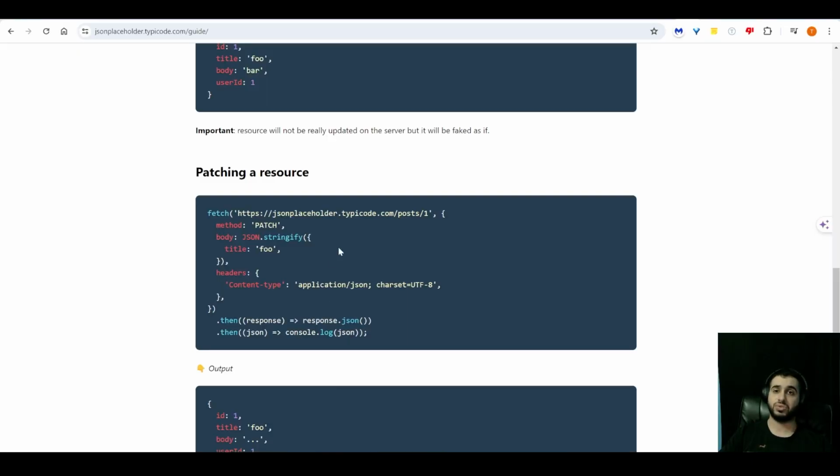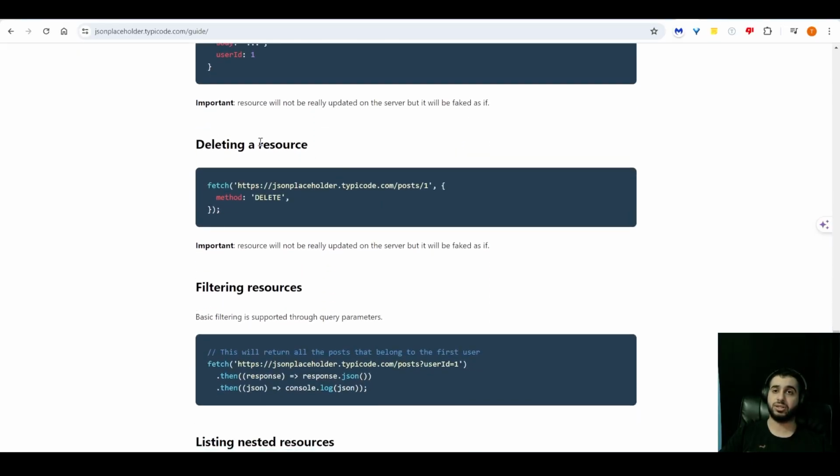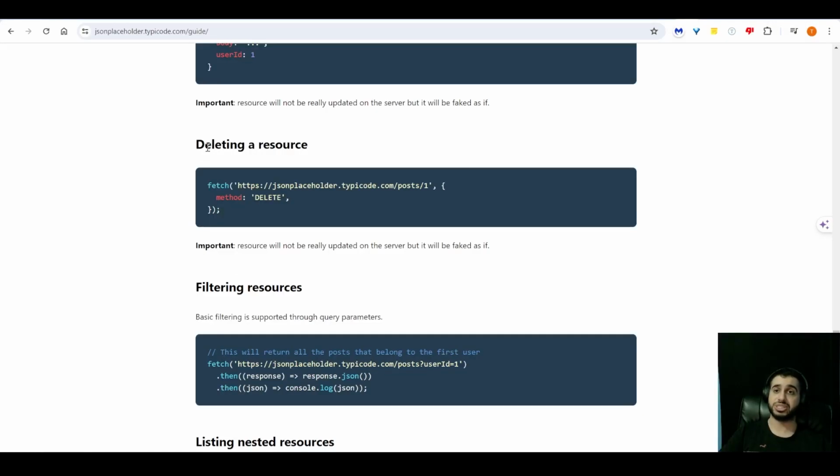Okay? Which is why we're going to dive into deleting a resource. And when deleting a resource, most of the time you will only need the path variable, okay? Because you just want to tell your server that you want to delete a certain resource, okay? And all that server should need to know which resource it needs to delete is the ID of that resource, okay? And here, implementing it is very straightforward, okay? Back in your